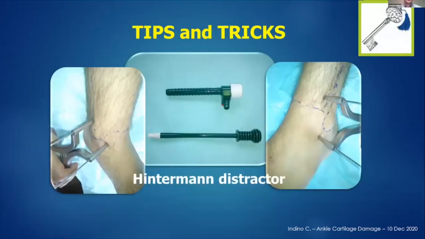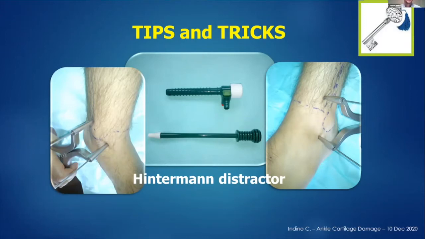How can we do it in such a narrow joint like the ankle? We use some tips and tricks to do it. First of all, we don't use an ankle distraction, but we use a percutaneous Inter-Man distractor to gain some working space in the joint. The Inter-Man distractor is placed medially or laterally depending on the side of the lesion,